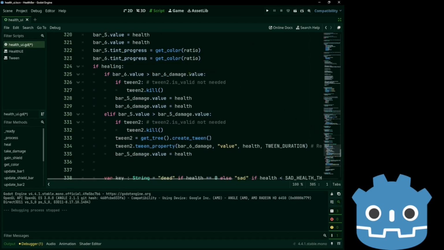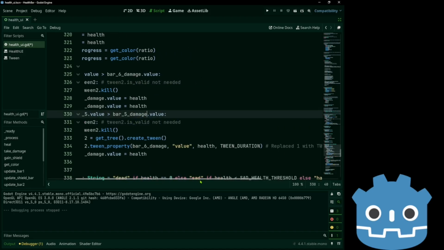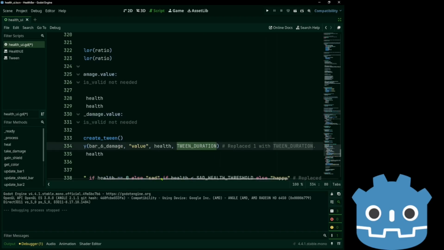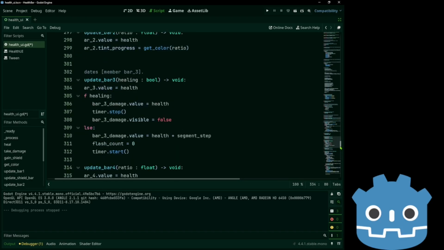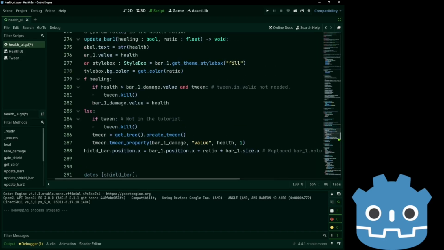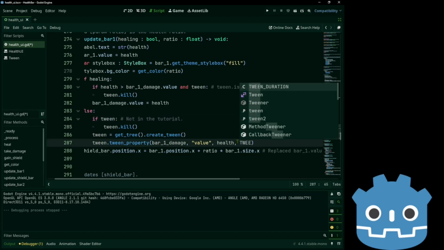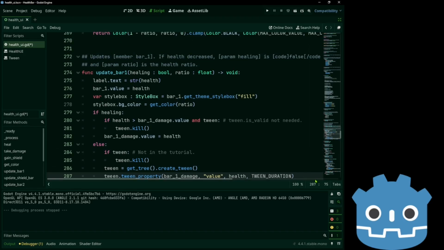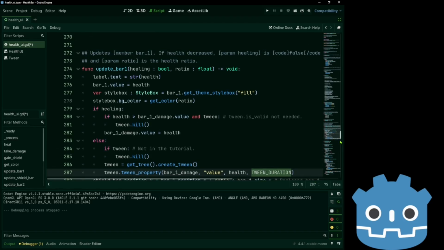Now bar 5, 6, the twin is valid is not necessary, again. We change the tween duration. Hold on. My bad, I also have to change the tween duration on bar 1. On update bar 1, we set the tween duration.